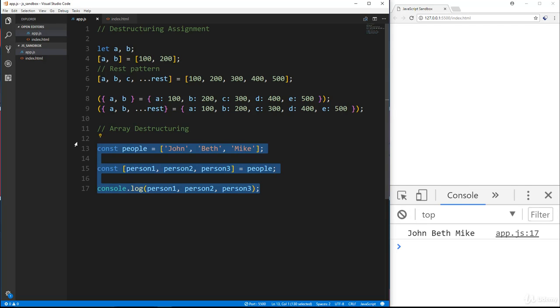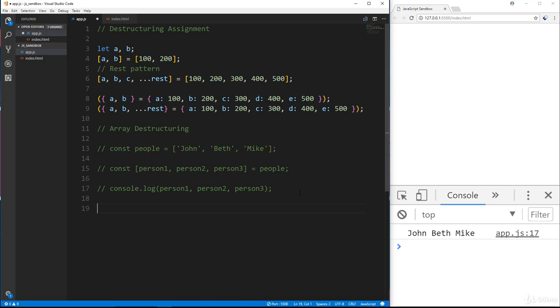Now we can also do this with an array that was returned from a function. So let's say parse array returned from function. So if we were to do a function getPeople and then return an array like this,